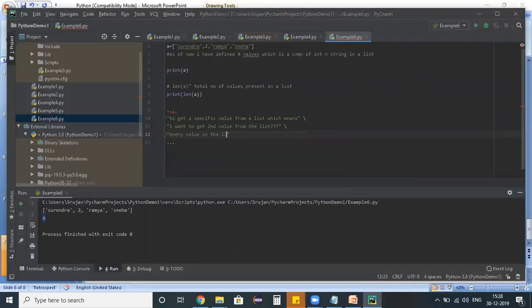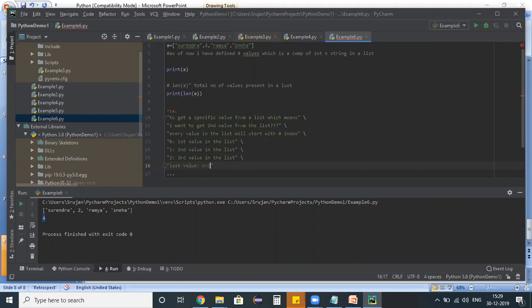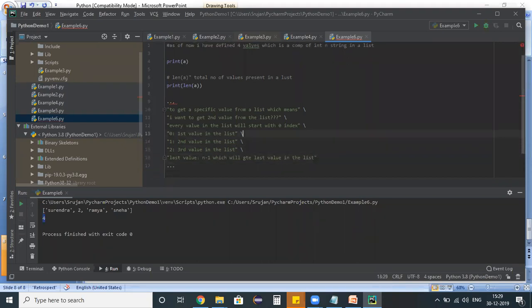Every value in the list starts with the 0th index. 0 means the first value in the list. Index 1 means the second value in the list. Index 2 means the third value in the list. Like that, we have to define. If you would like to get the last value in the list, we can go with n minus 1, which will get the last value in that particular list.